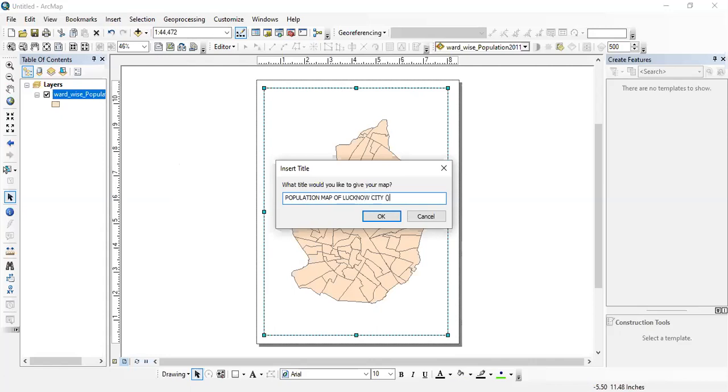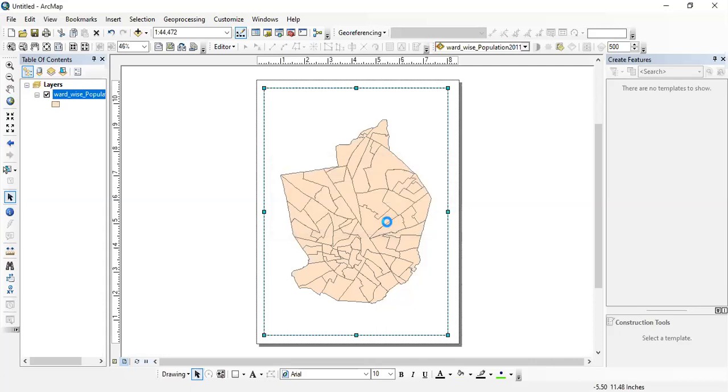In brackets, we are going to write the year 2011. After inserting this, the title will come over here. So we got a title of this.